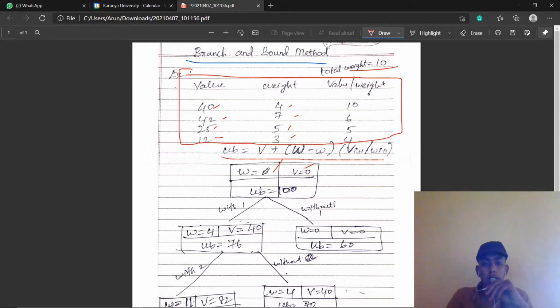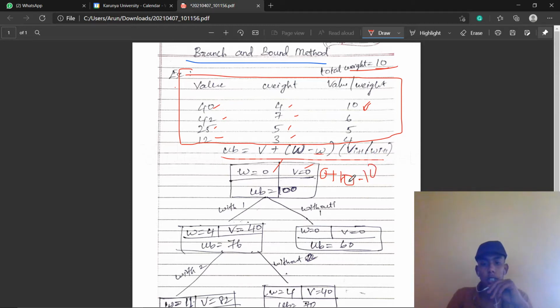Here, initially, the weight and value are 0. So upper bound equals 0 plus, our total weight is 10, so 10 minus 0 is 10. 10 into the value per weight of the next node, which is the first item, 10.